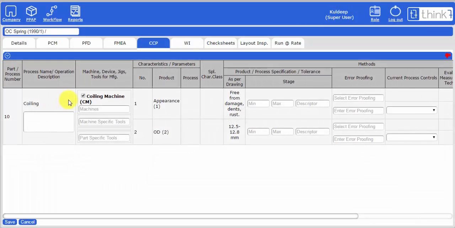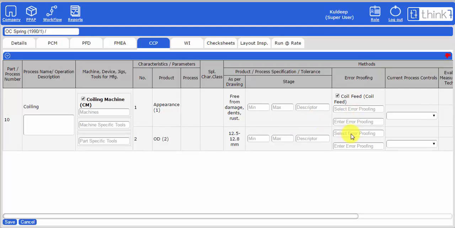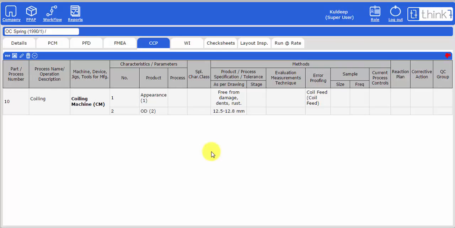And then include them in the control plan against each product characteristic. Once these have been entered here, the Piston Pro will keep monitoring these on the machine.